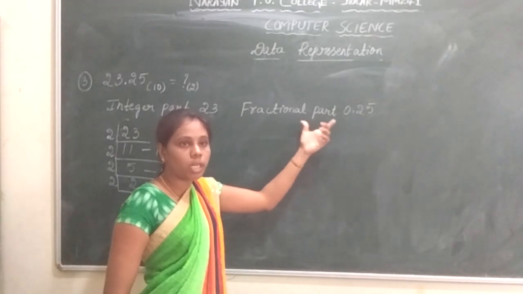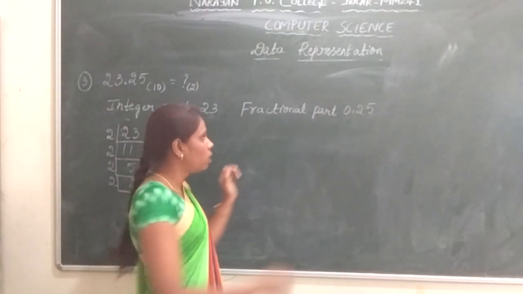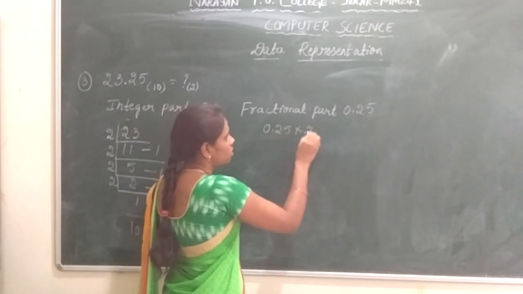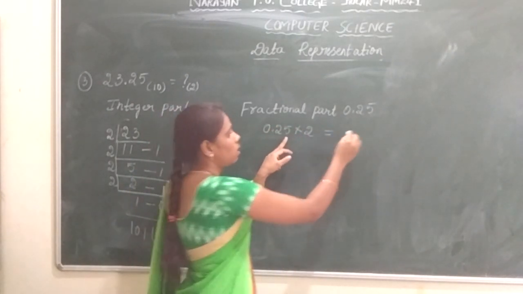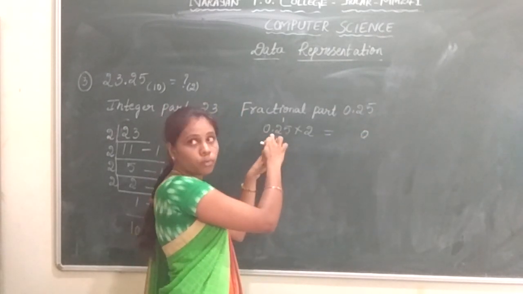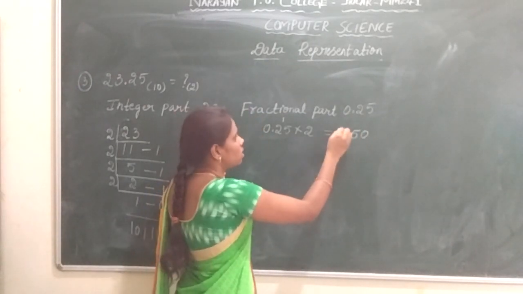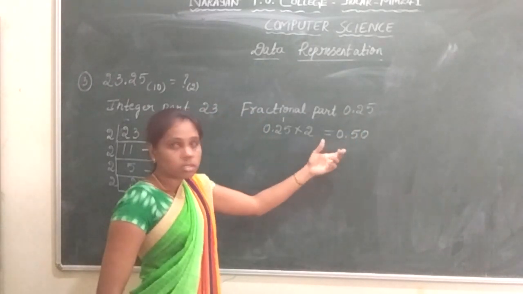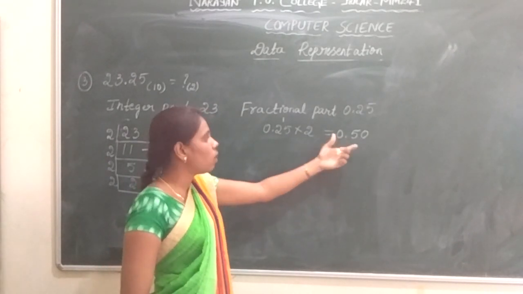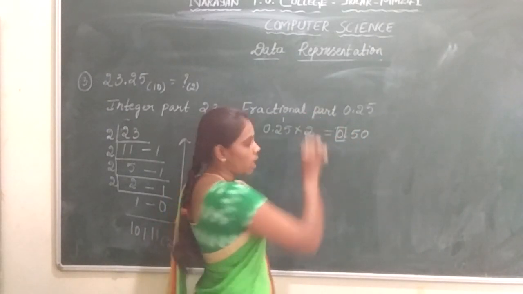For the fractional part you need to multiply this number by 2. Now I will multiply this by 2. So you get 2 5s are 10, so 1 is carry, 2 2s are 4, 4 plus 1 is 5 and 2 into 0 is 0. So you will not get any carry here, so hence this is 0. Now consider this fractional value and note down this carry part.